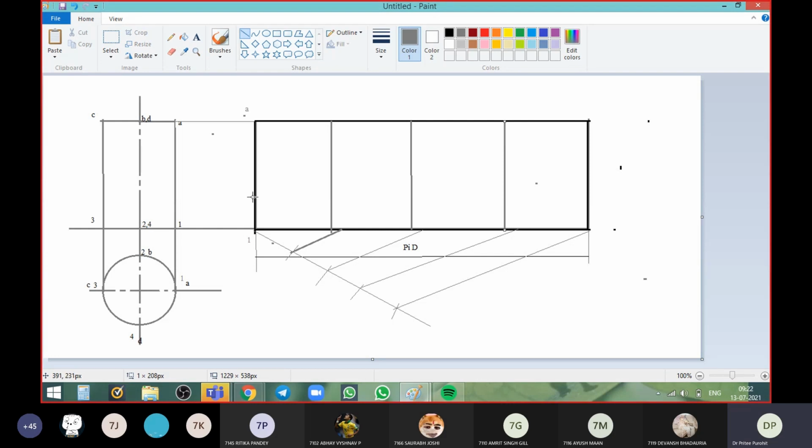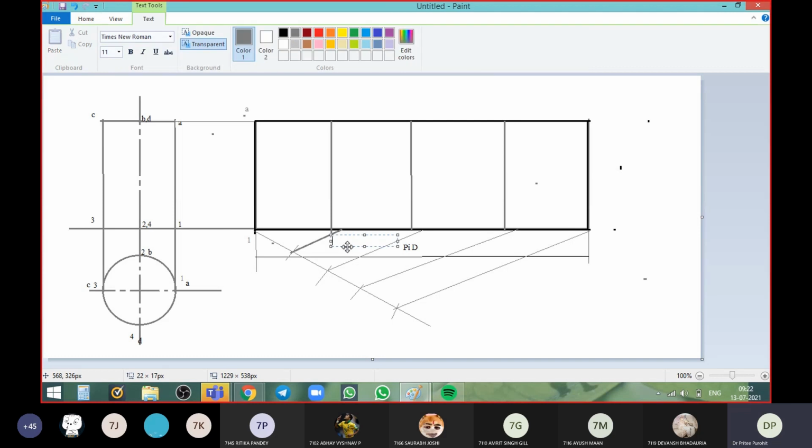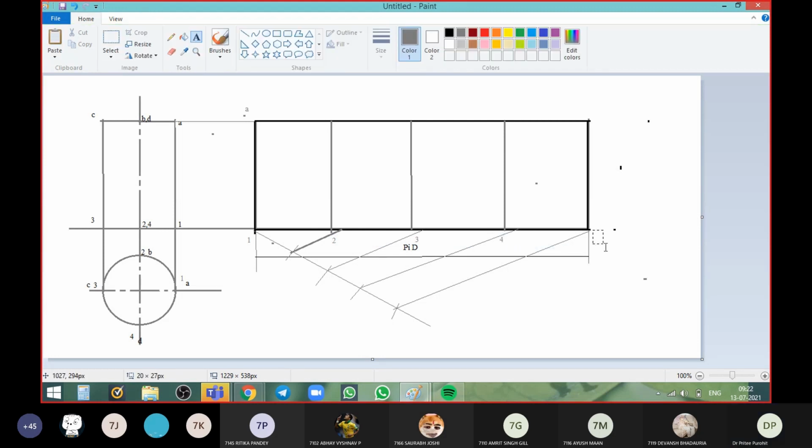Now we will give the names. Now listen carefully. This is point number 1. We will have here point number 2. Here we will have point number 3. Here we will have point number 4. And again we will have point number 1. Have you understood? The generator from which we cut the cylinder will appear twice. 1 to 1, cut complete. We cut from 1, so 1 will appear again.